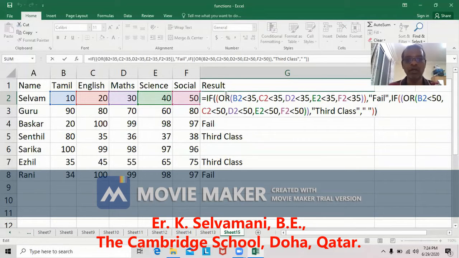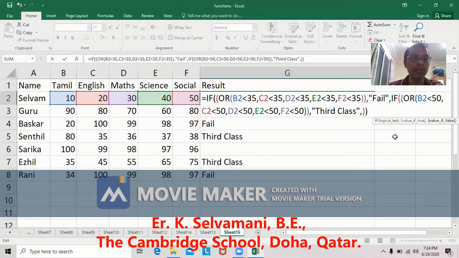Now, if this OR gives false, then it is assumed all the subjects' marks are more than or equal to 35. Again, this OR gives false. It is assumed all the subjects' marks are more than or equal to 50. Now it becomes here. Now we have to check it up.